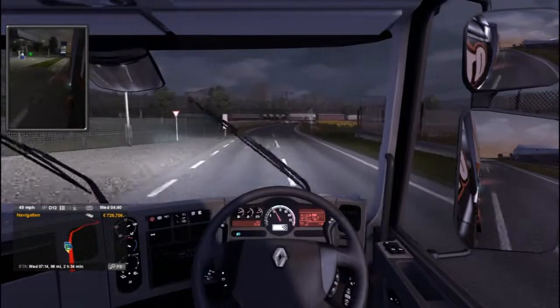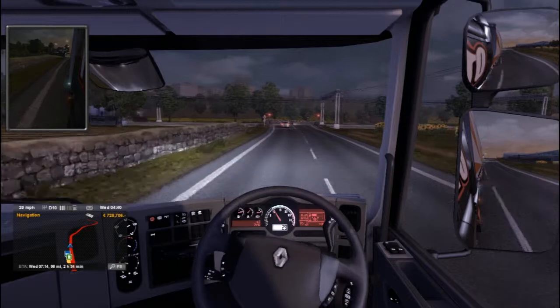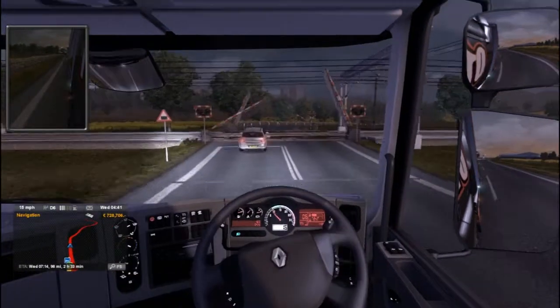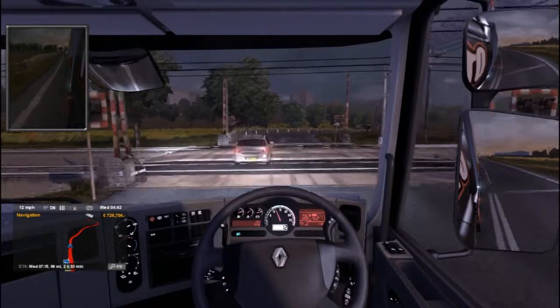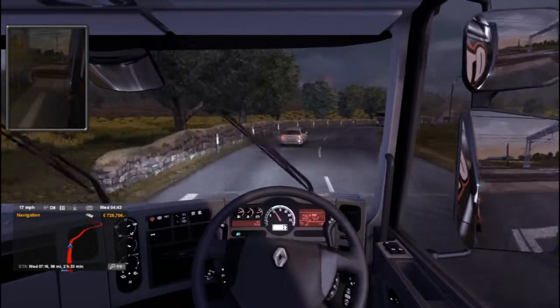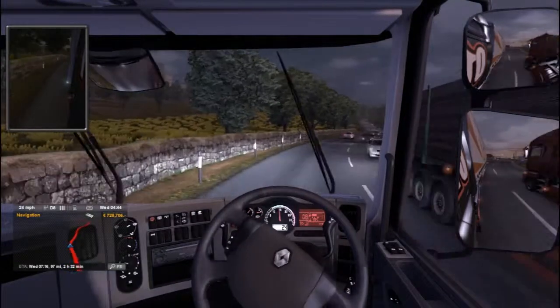Oh, we've got a train coming up across ahead. Slow down. Another thing about this game, there's always something going on. Obviously, because you're driving, you have to keep your eyes on the road, but there's always something going on in the background, which is really quite incredible. Because, you know, the amount of distance that you travel, even though the world is compressed into a smaller